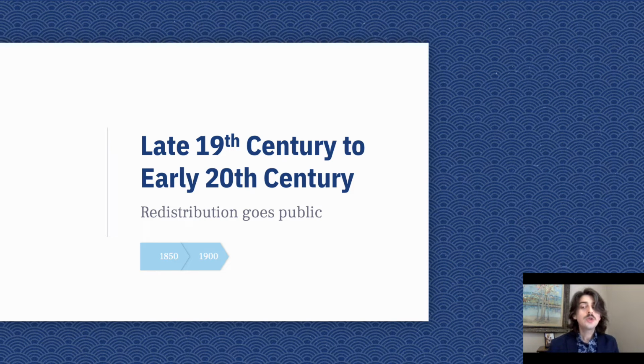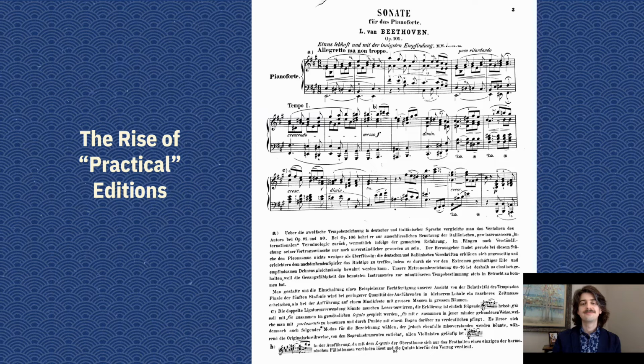We've seen how 2 composer pianists were open to redistributions in their own music. Let's now consider how notable pianists use redistribution in the works of other composers. Prior to the mid-19th century, alternative hand distributions were an element of piano technique relegated to the private pedagogy of the music studio. In the latter half of the 19th century, a shift occurred as publishers began to release heavily edited versions of historical repertoire in which notable pianists provided numerous technical and interpretive instructions.